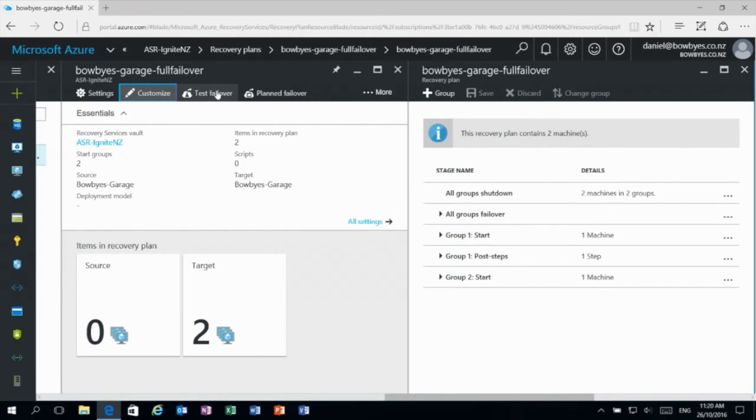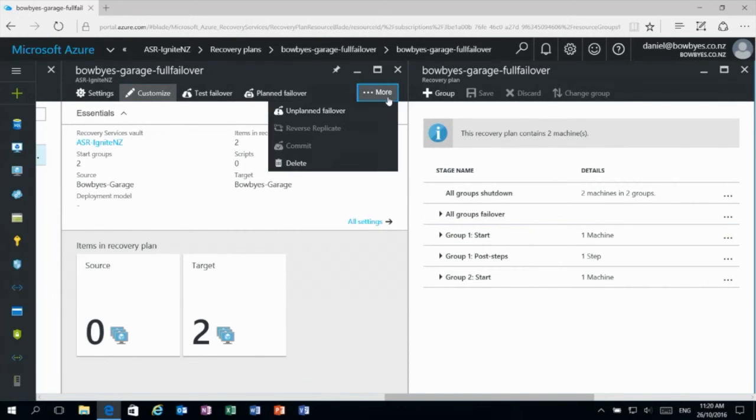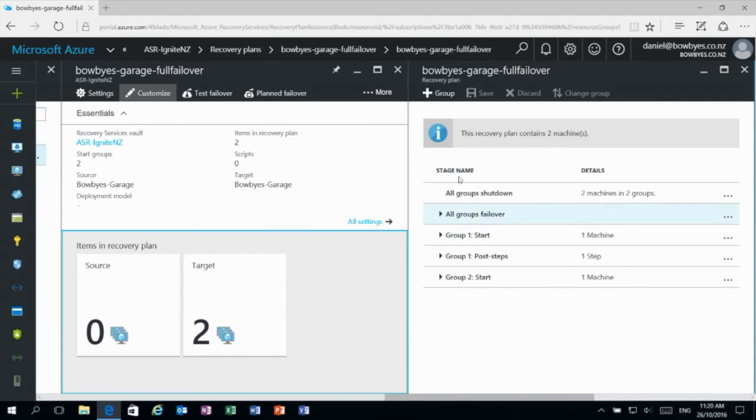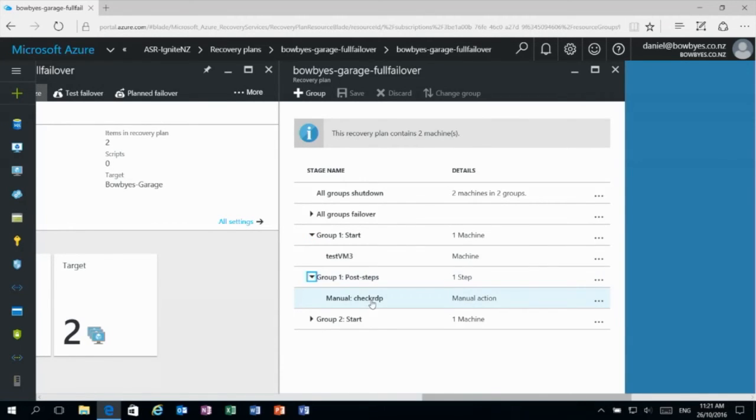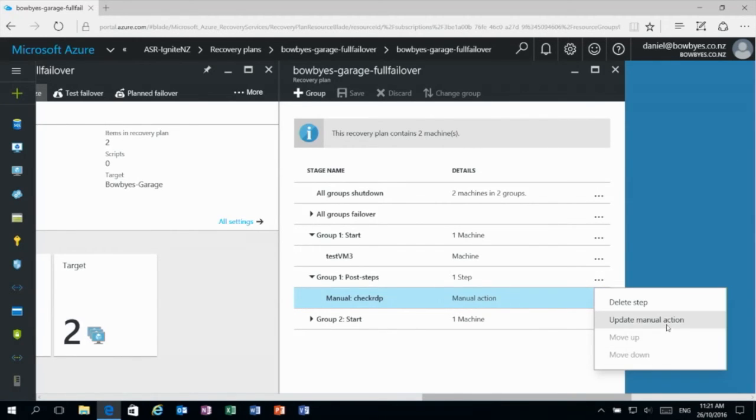You can see, as I talked about, we can do our test failover and planned failover. We can't complete a migration using a recovery plan. That is a per VM setting. So in our recovery plan, we've got our different groups here. I've got test VM3 set to come up first, and I've got a post step here, which is a manual action to check RDP. If I go into that and go update that action,